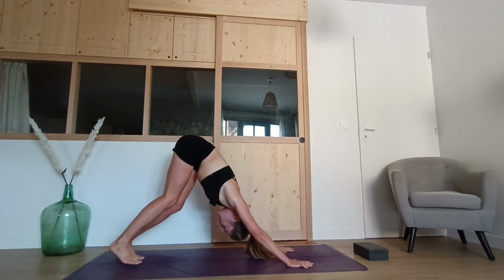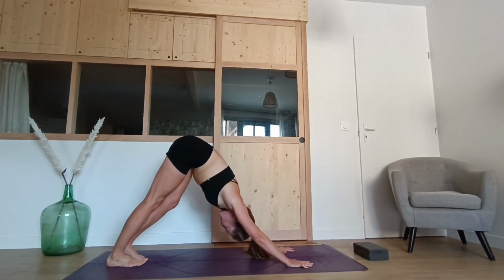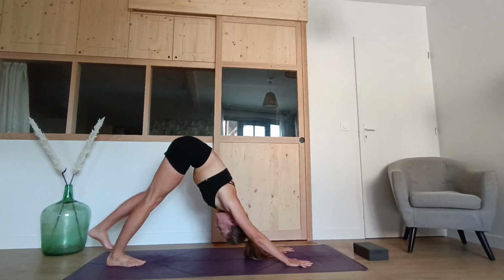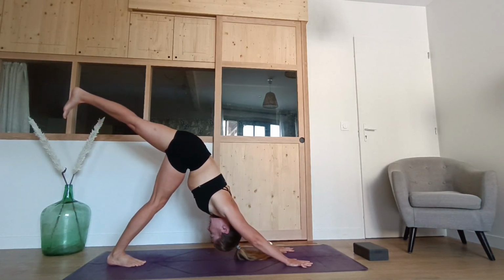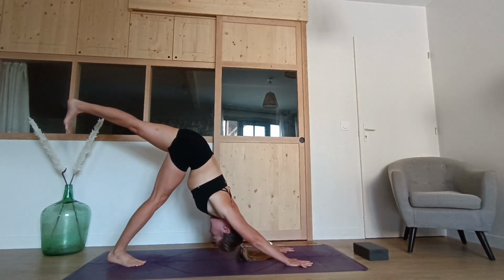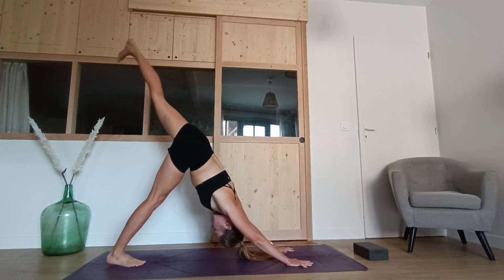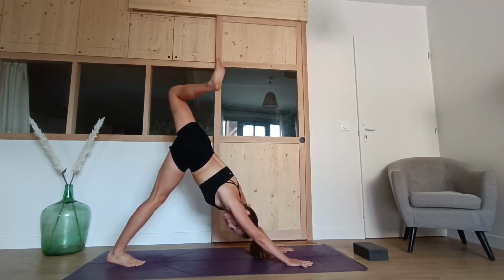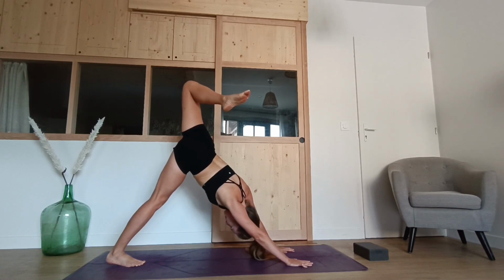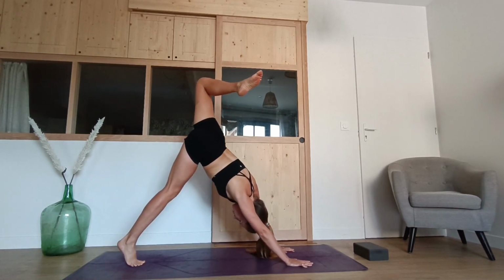And bringing the feet together. Bringing the weight into the right foot. Beginning to take your left heel up to the sky, lifting the heel as high as you can, squaring the hips for the first round, and then beginning to open up through the knee, taking your left heel towards your right butt, lifting the knee as high as you can, opening the hip, and then beginning to roll forward, coming